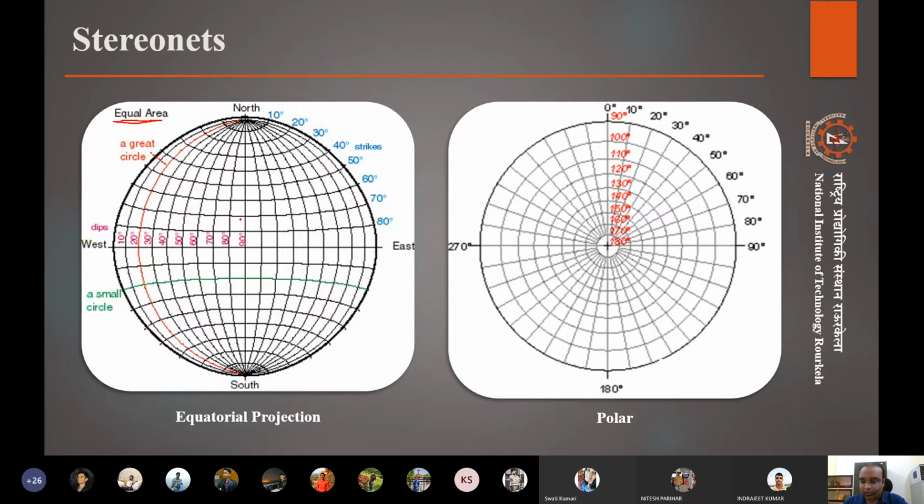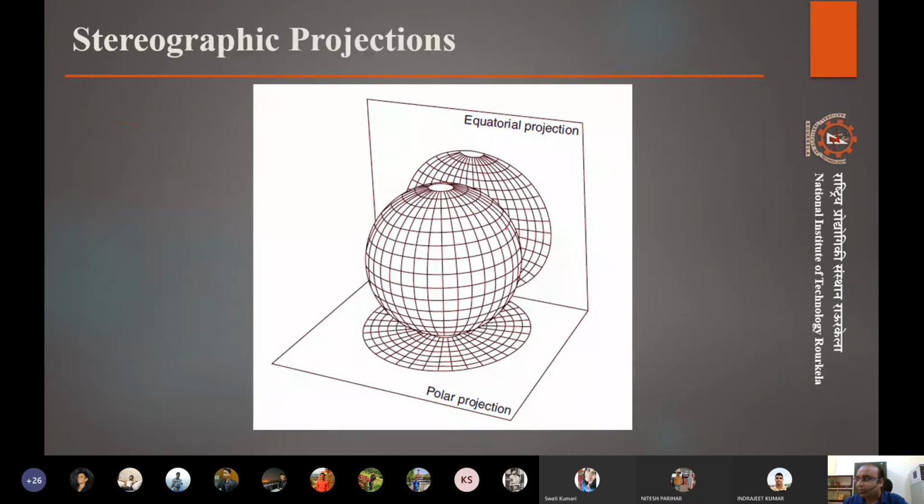Equal area projection basically means that if I have a circle on the surface of this reference sphere, and its area is, suppose, A or A1, and I project this area into the equatorial projection, this area will be distorted a little bit, because it depends on my perspective of seeing.